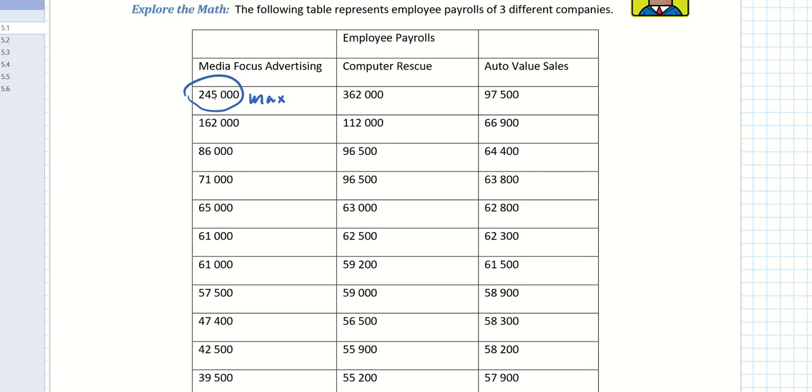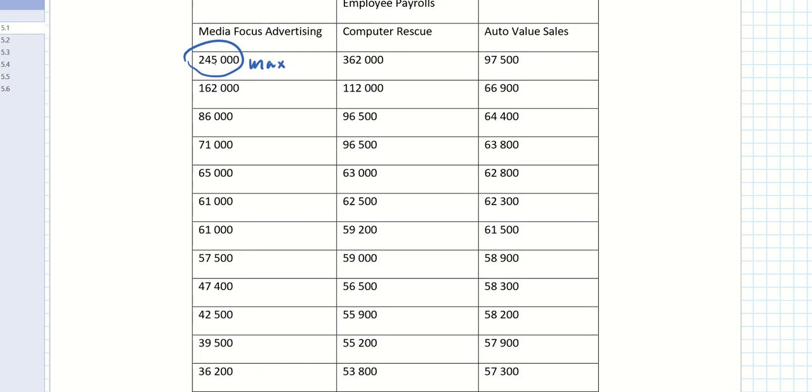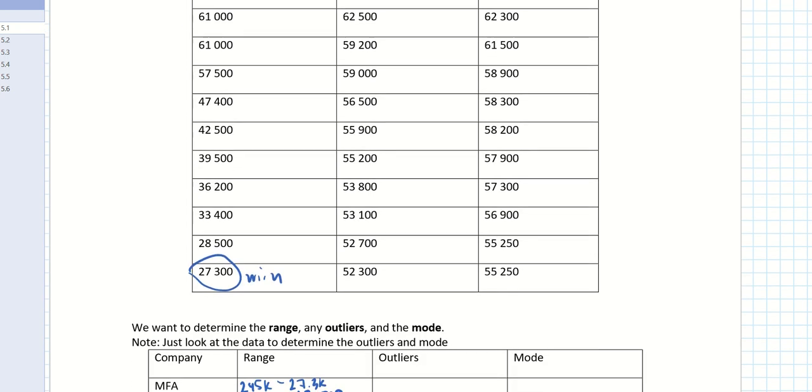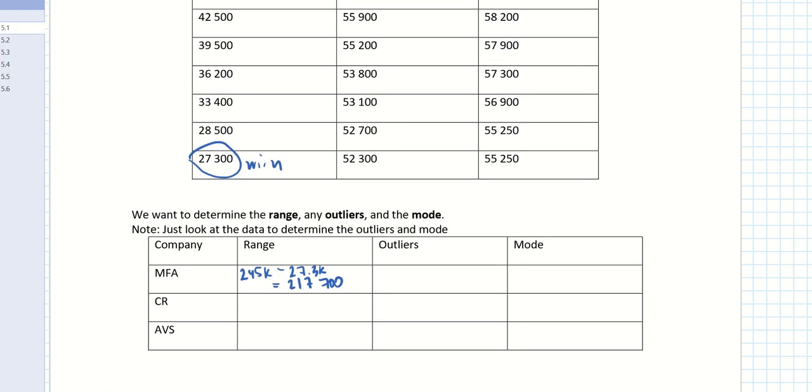So if I were to say the outlier is definitely going to be the maximum number, because this is like triple most of the numbers in the middle here, right? So that definitely looks like the outlier. If I were to pick one outlier, it would definitely be 245, perhaps even both of these, 162,000 and 245,000. It really depends on the data set, but in this case, I'd probably pick the 245,000 as